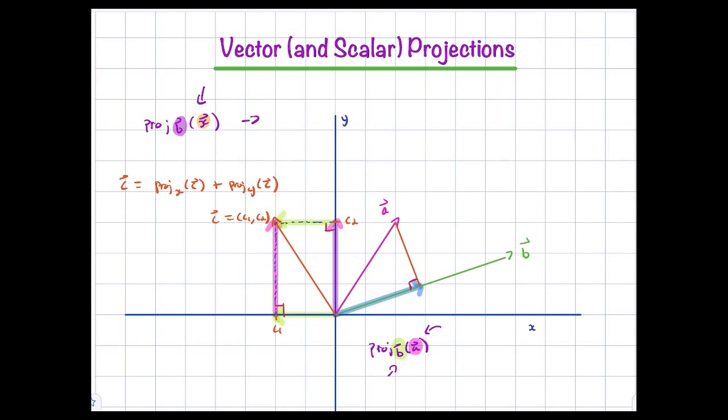In order to get to the point c, we go however far it went in the x direction and however far it went in the y direction. We can decompose c into its projections onto the coordinate axes, and we're going to see pretty soon that we can do the same thing. We can decompose any vector a into the sum of its projection onto another vector b and